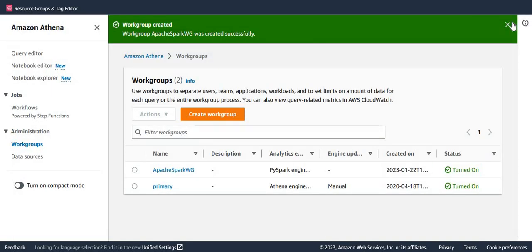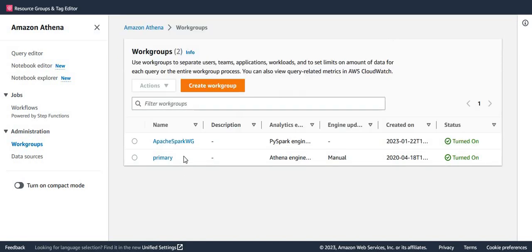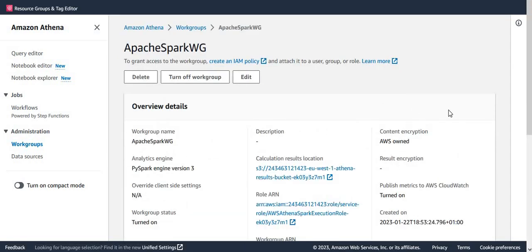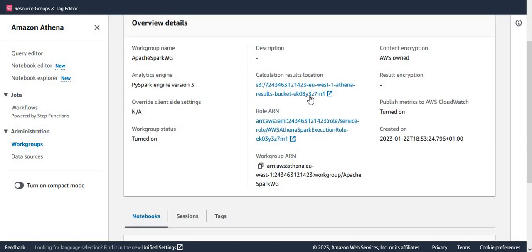So now my work group is created. You can see here. Let me open the work group. All good. Now this is the S3 bucket location which it has created, where it's going to store my calculated data or calculated results. You can see it has simply created a bucket with some token name over here. This is the IAM role or service role it has created. Now I need to change permission of this IAM role because I want to read data from some other S3 bucket locations as well. So let me click on this particular role link over here and let it open in